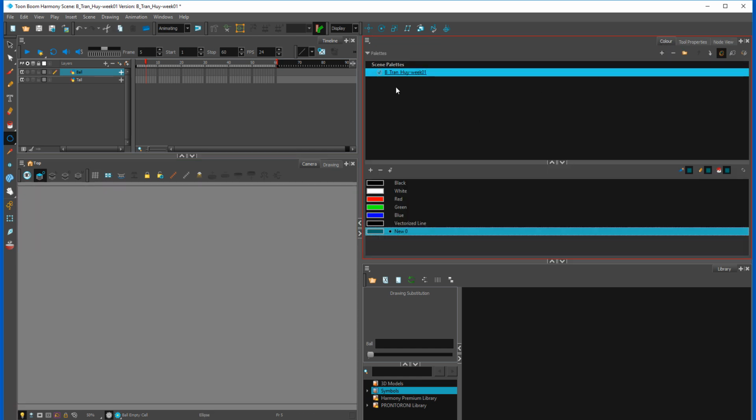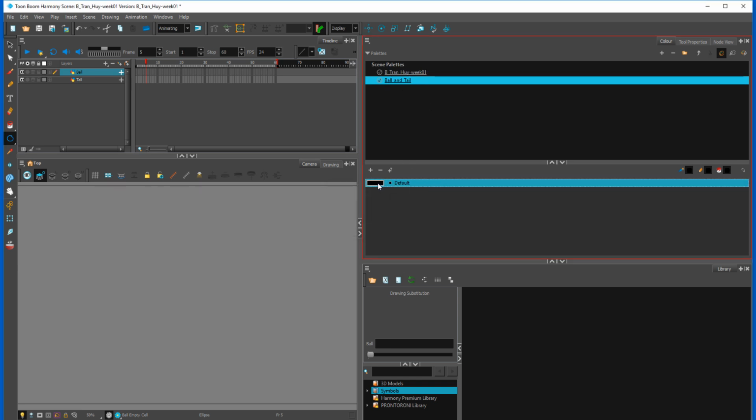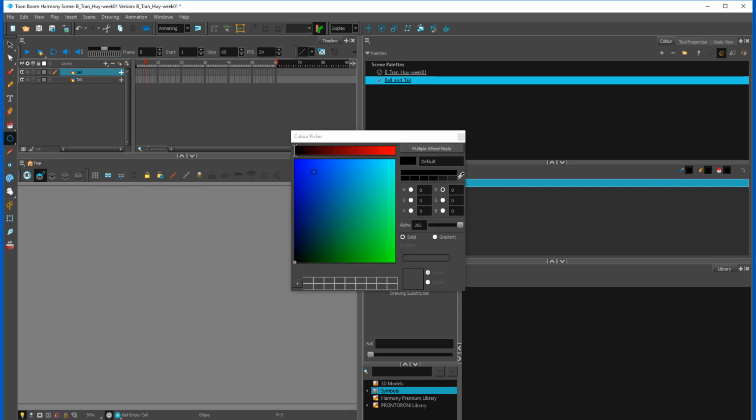Okay, so first thing we're going to do is I'm going to create a new color palette. I'll call this my ball underscore and underscore tail, and I'm going to create some colors. So I'll create a ball outline. I'll go with the blue ball outline,